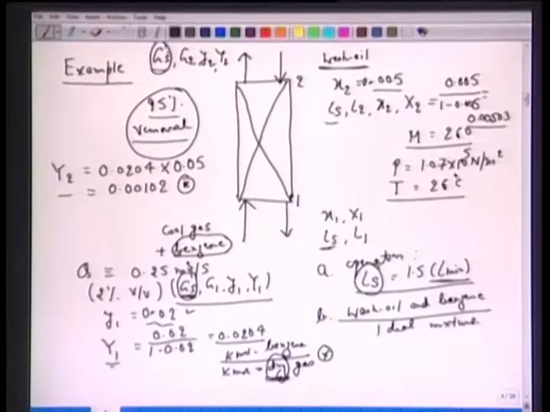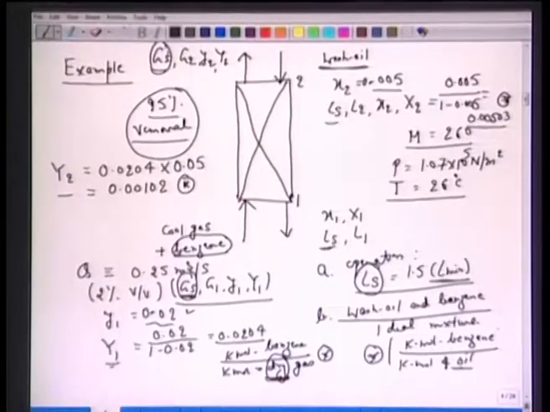And what is the unit? The unit will be very similar to what we have in the case of the gas phase: kilomole of benzene per kilomole of wash oil. So it's a benzene free oil, it's not the total amount. That's the difference between small y1, capital Y1, and x1 and x2.